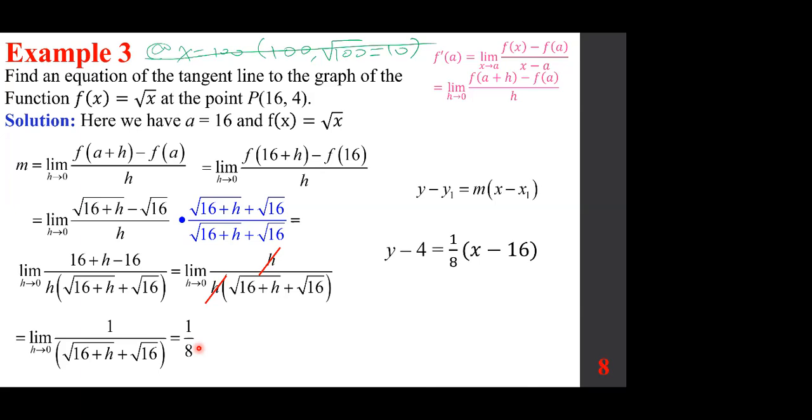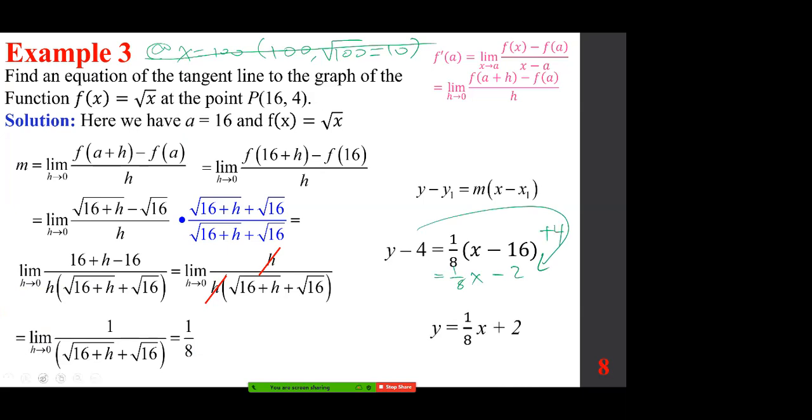By the way, I hope everybody knows this. 1 over 8 x minus 1 over 8 times negative 16 makes it 2, and you need to add 4 to both sides, okay? You need to add 4 to both sides. So that's basic elementary algebra. I don't believe anybody has any problem. So